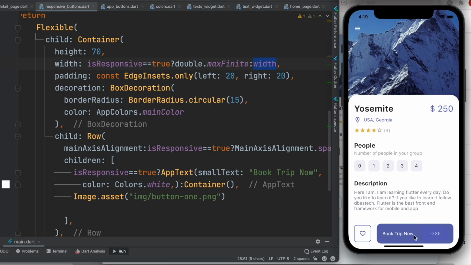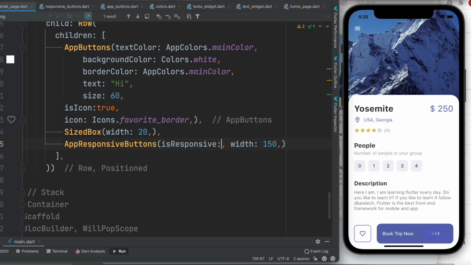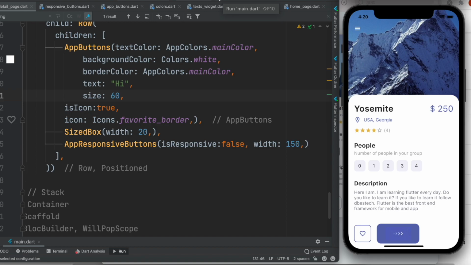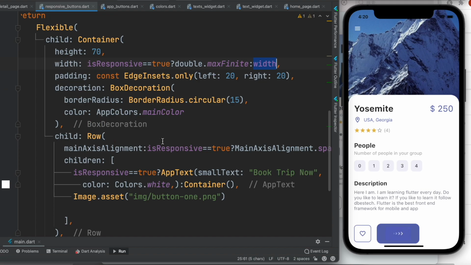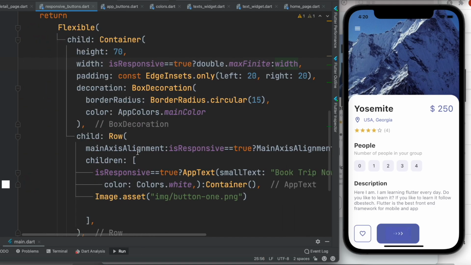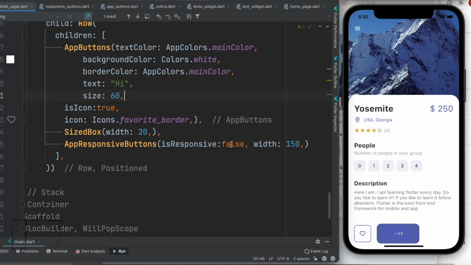Perfect. All right, now our button is truly responsive. I can prove it one more time. Come over here, set this flag to false. It's not responsive, I mean, it is responsive, but you see, it shrank automatically. It became like this. In this case, what's happening? Even though it is false, it's ignoring this condition over here, and it's ignoring this condition over here, right? So if I set it to true,